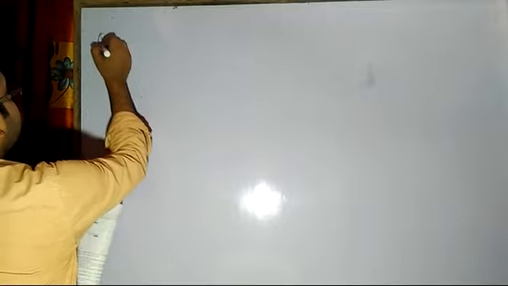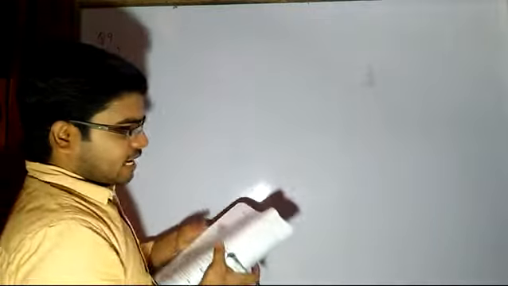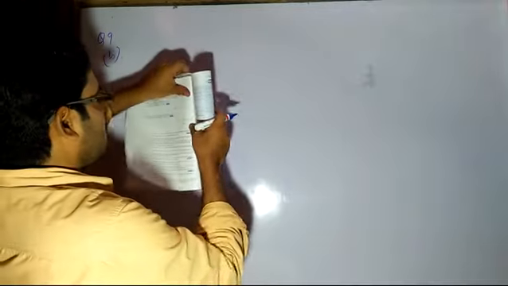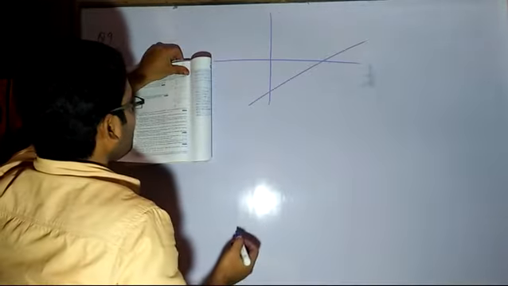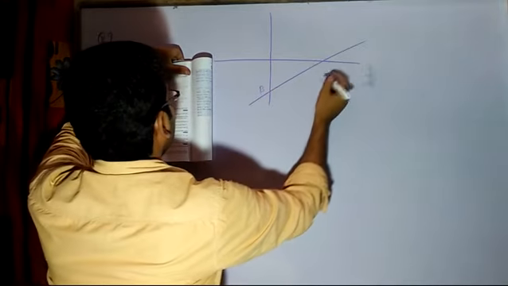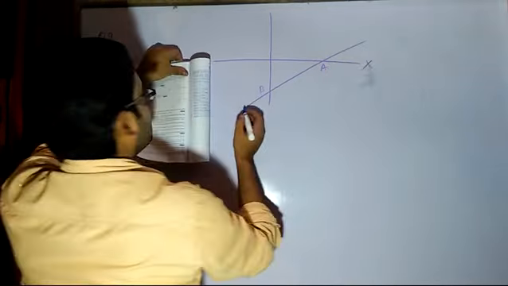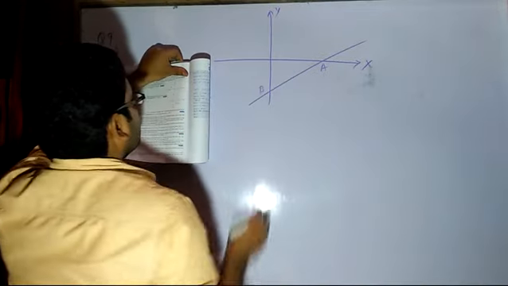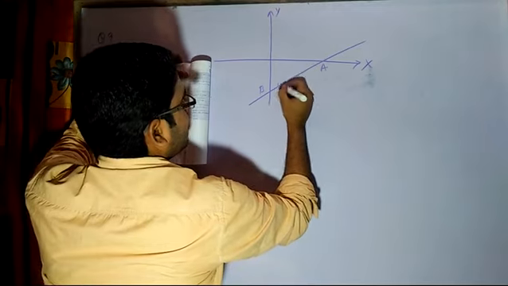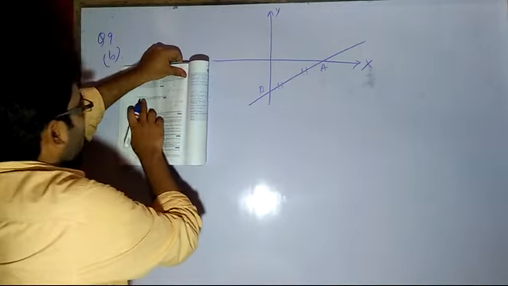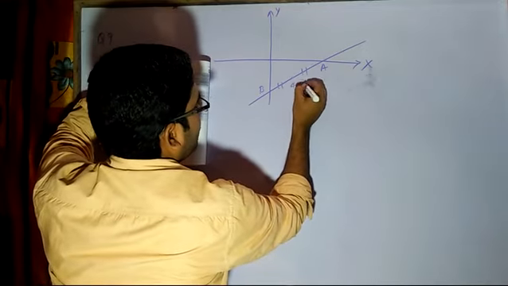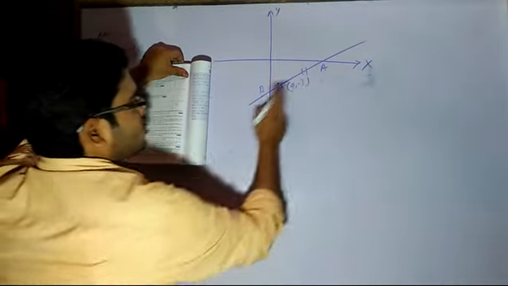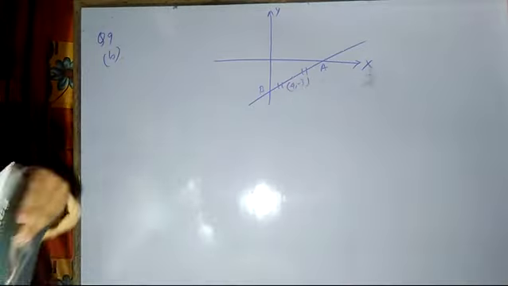Now question number 9, subpart B, we are having one question. It is a diagram based question. So diagram based questions are also very important. Here we are having B, here A, this is the x axis, this is the y axis. Now this is the middle point, these two are equal. Now the midpoint of the line segment AB shown in the figure is 4, minus of 3. And write the coordinates of A and B.